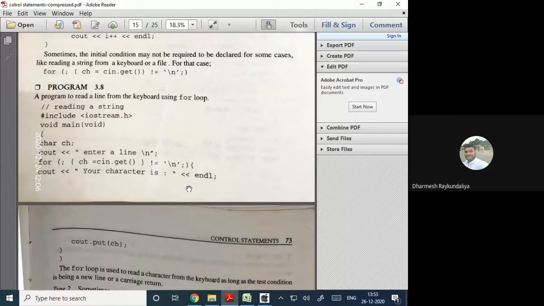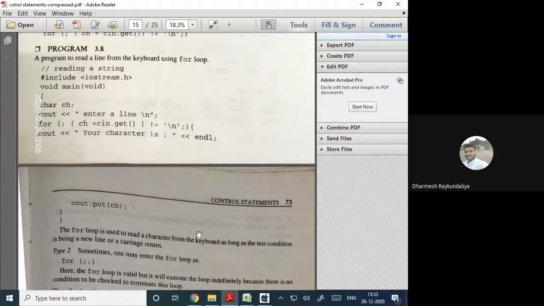Okay, it will exit from the loop. So the for loop is used to read characters from the keyboard as long as the test condition is valid in a line or until the carriage return. As soon as you give the carriage return, that part is over.